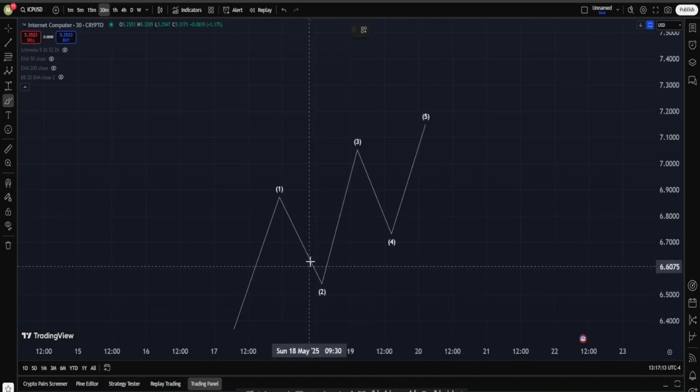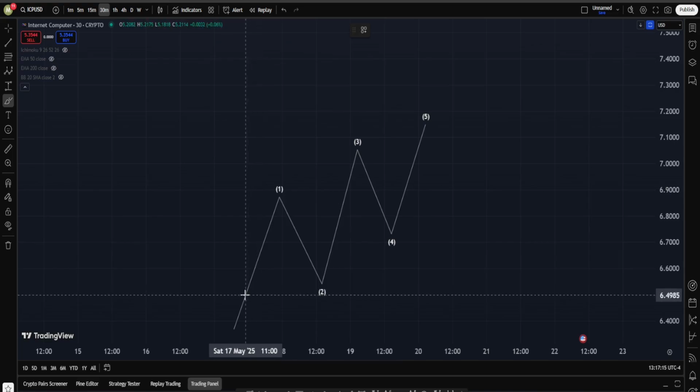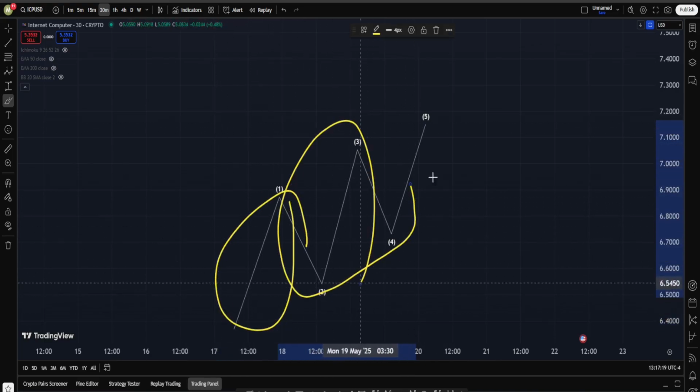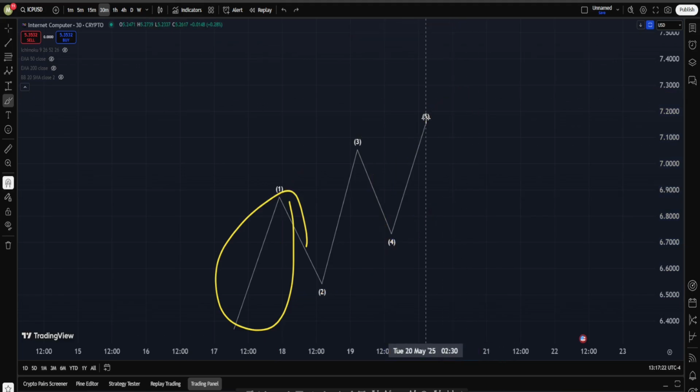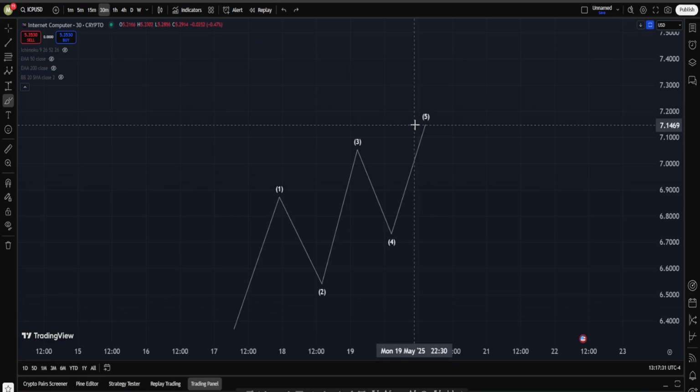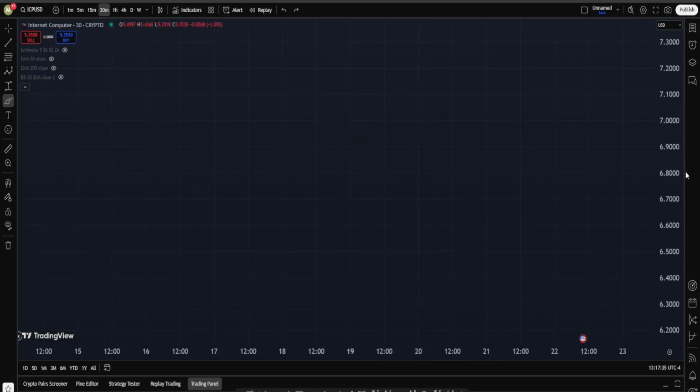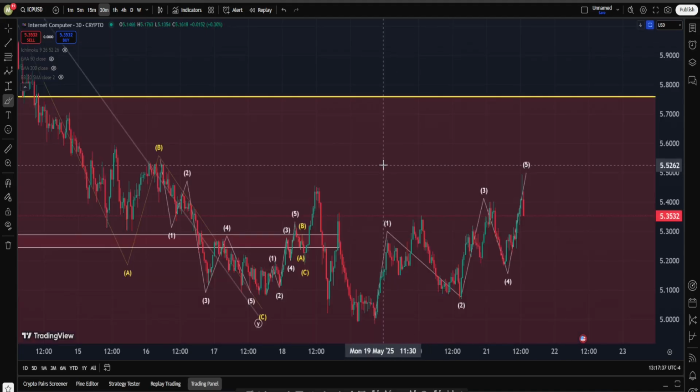And in terms of the sub waves, you probably know what I'm about to say. We need to be able to find 5 wave up into wave 1, 3, and 5. And for wave 2 and 4, if you 100% want to go according to the rules, then okay, you are only allowed to have ABCs. For me, I would like to be a bit flexible with the rules and maybe say, you know what, it's fine if in one of our corrections we are having like a WXY, maybe even an ABC flat. It's not really that important.